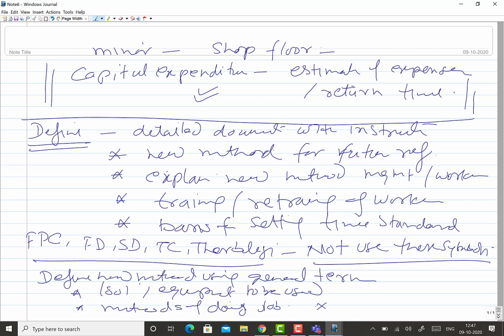Then also include the design of the layout of the machine or the workplace. All that is mentioned in general terms so that the shop floor people can understand those things.